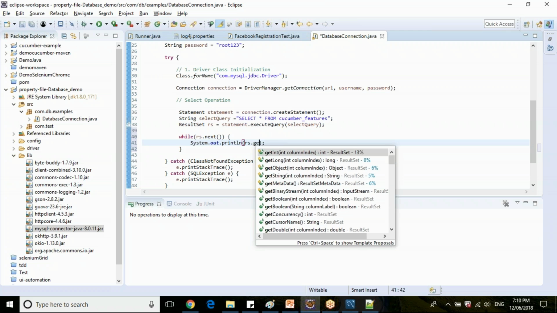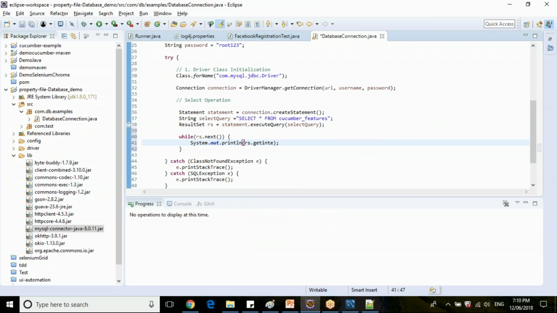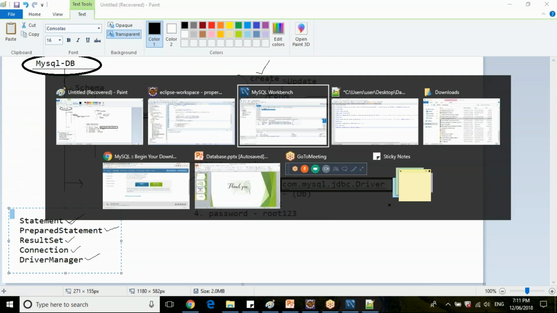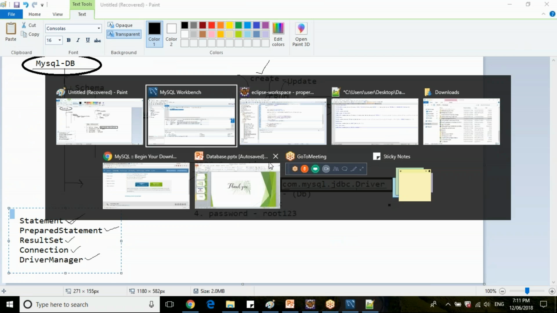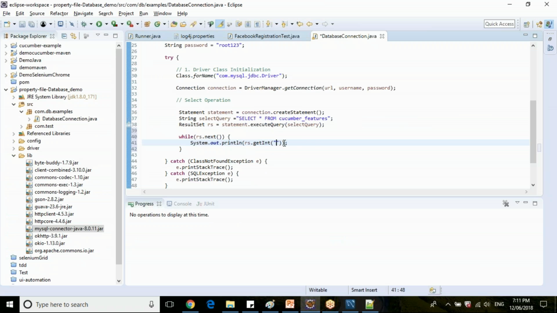ResultSet dot getInt. Here you can specify either column index or column name. For now, I recommend you use the column name only, so that you will not face any issues. Then we'll separate it with a semicolon.